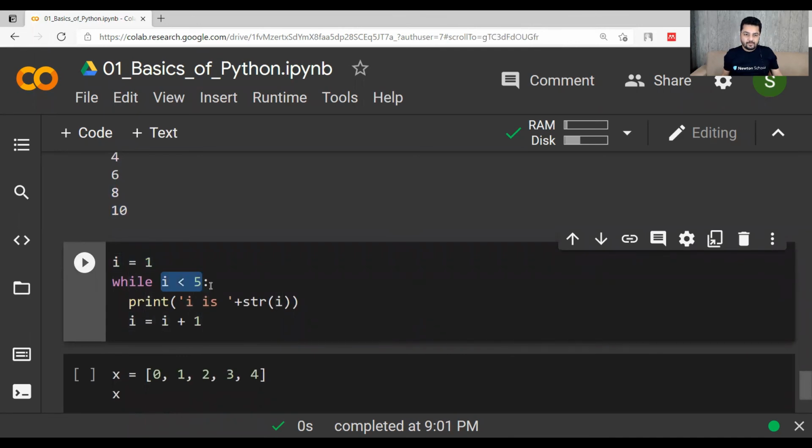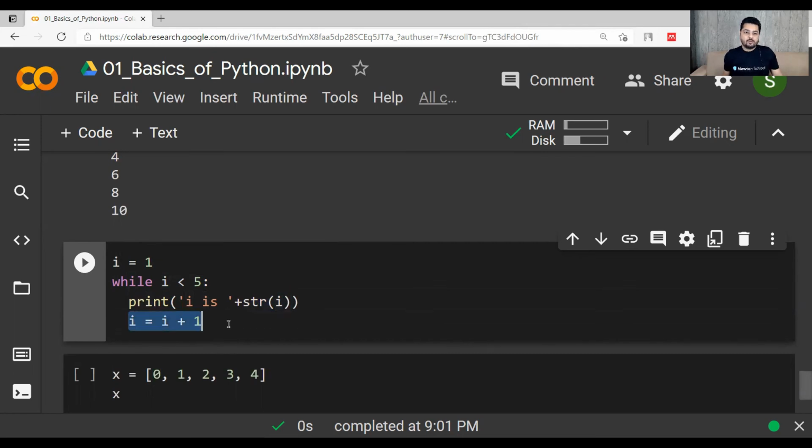While I less than 5, within this while loop, which is having the indentation: because print and this I statement have the exact same indentation, it means these two statements are part of this while only. Print str(I), I equal to I plus 1. So what is being done here? I is equal to 1, I is less than 5, which is true. So it means these two statements will run. I is printed, you had that 1, and I is 1.